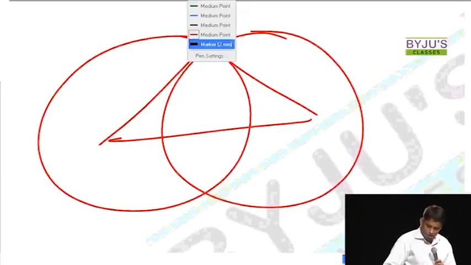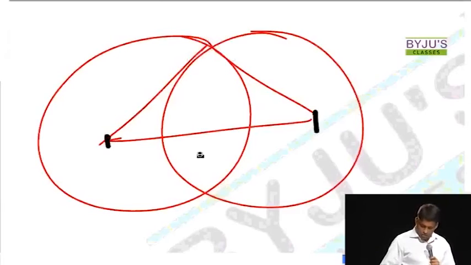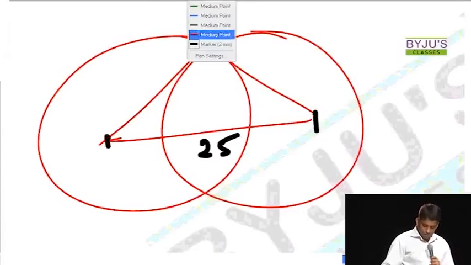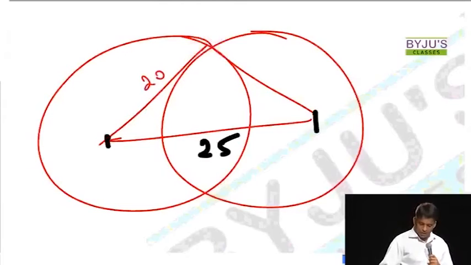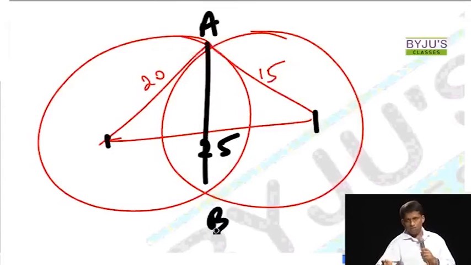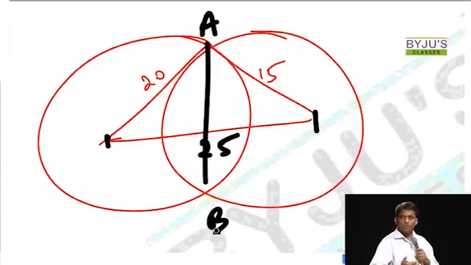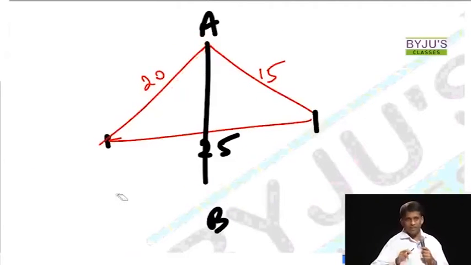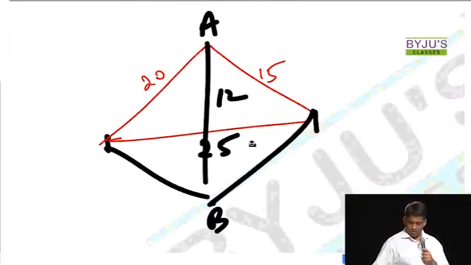So now the same question, I can write it as: distance between two centers is 25, where the circles have radii 20 and 15. Find this common secant. What is it called? Common secant, because it's cutting both the circles at two points. Finding this distance, this common secant, is an actual CAT question. But what is different here? There's nothing different, right? Just two circles are unnecessarily given. That's the only difference here. So the answer is 12 here, 12 here.